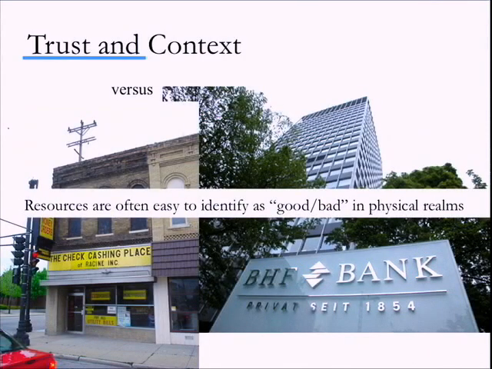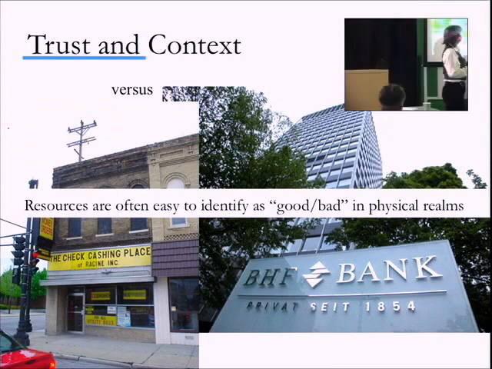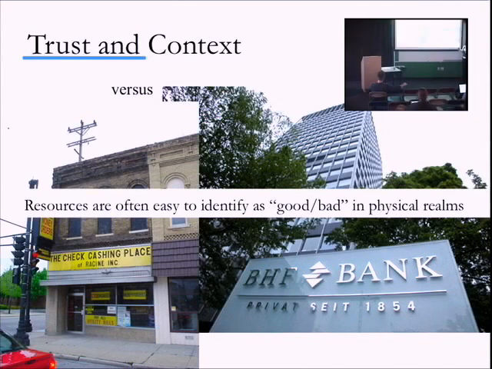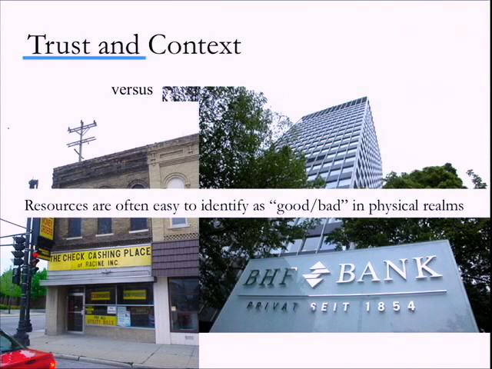And so again, here is a physical offline example. This is a bank in Berlin. It was started in 1854, and they can cash checks for you. You can go in there and purchase monetary instruments. You could take a paycheck in there and obtain cash. You could buy a CD. You can do all kinds of monetary transactions. This looks very trustworthy, doesn't it?